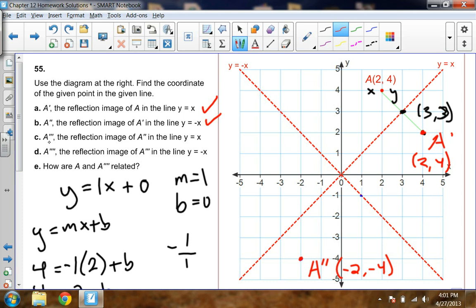Let's find A triple prime, the reflection image of A double prime, in the line y equals x. So here's y equals x again. Let's reflect it across. Here's the perpendicular slope to it, -1. Again, that should look familiar. So let's go up 1 over 1. Here's the reflection. Up 1 over 1. There's A triple prime at -4, -2. I apologize if I am going quickly at this point. I think the first one